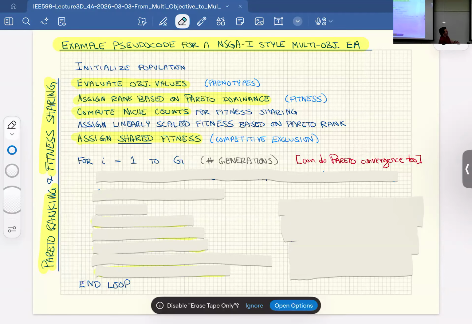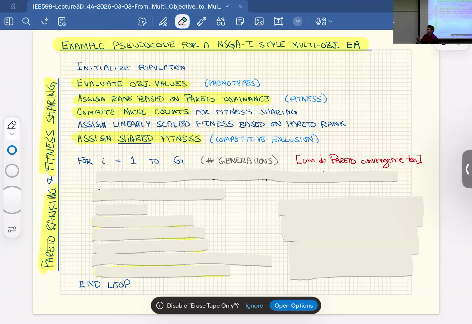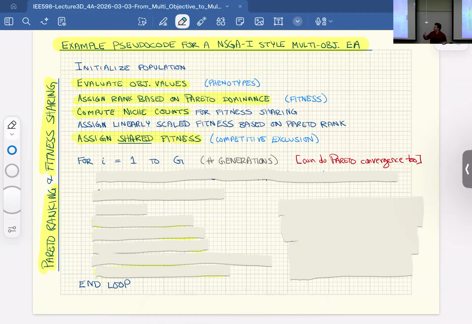The way the loop works here, we can do a certain fixed number of generations. An alternative is to make a stopping condition based on Pareto convergence. What does that look like? Well, we're going to be building up an elite set of non-dominated solutions. You could keep track of who's in that set, and if that set has not changed for like 30 generations continuously, you can say it's probably time to stop. We're probably not going to find any more non-dominated solutions. The simplest thing is we just go a certain number of generations, but you can do more complex things that have to do with the convergence of the non-dominated set.